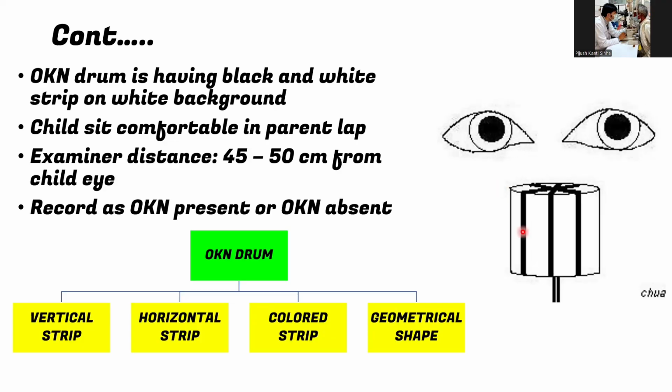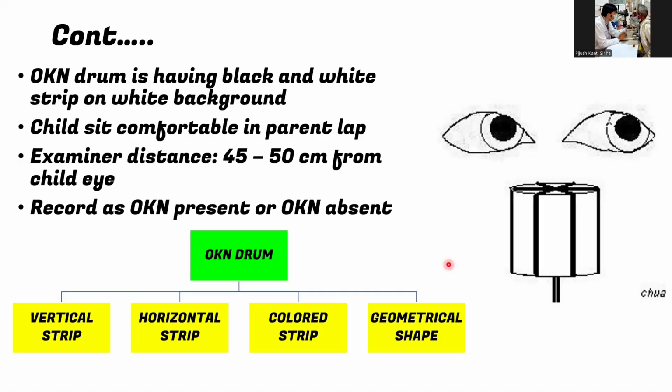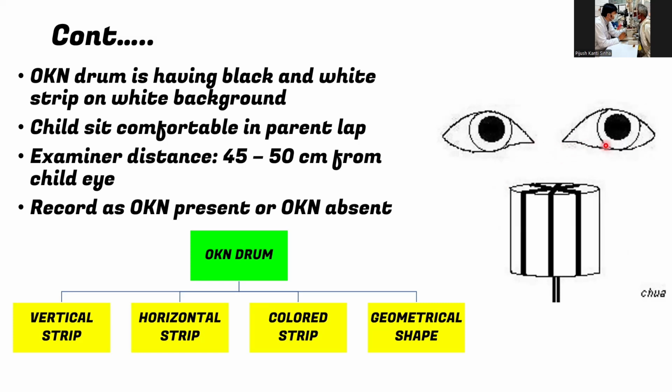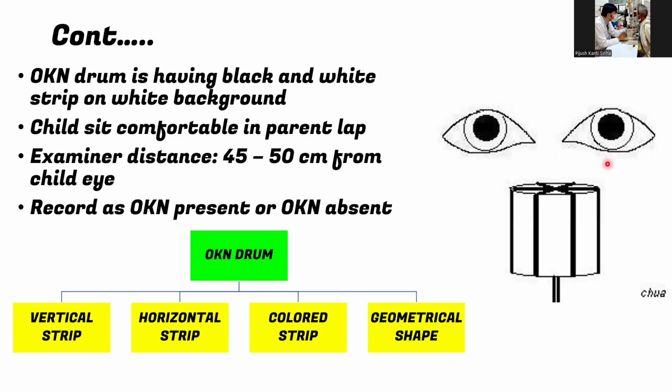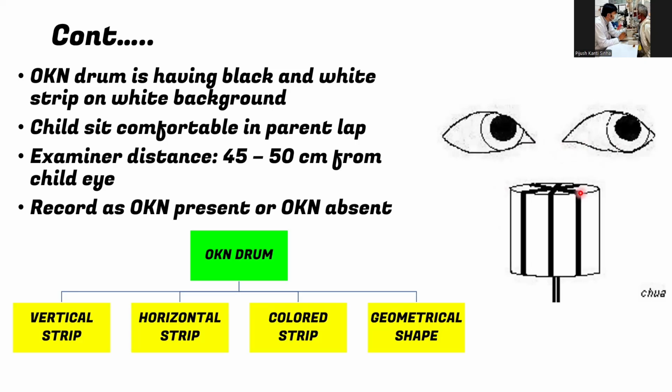Watch the child's eye movement carefully. If the child can see the stripes, the eyes will show a slow movement following the stripe, and then a quick jerk movement back. Again, here you can see that. So this is the optokinetic nystagmus, when the eye is slowly following the stripe and then you see a quick jerk movement. The nystagmus should reverse as well.